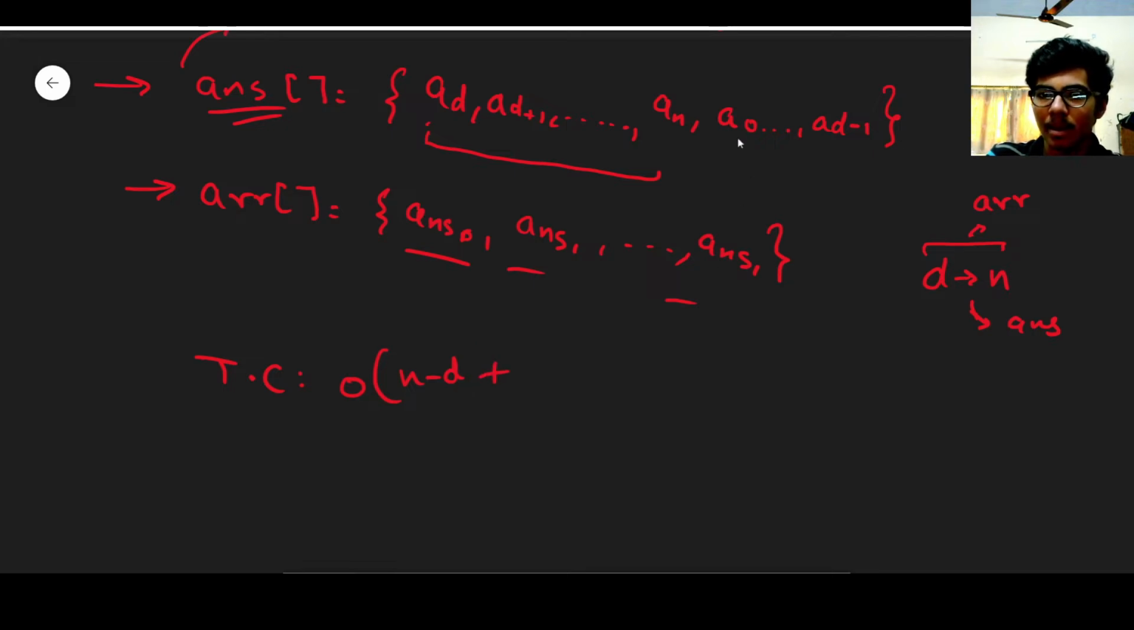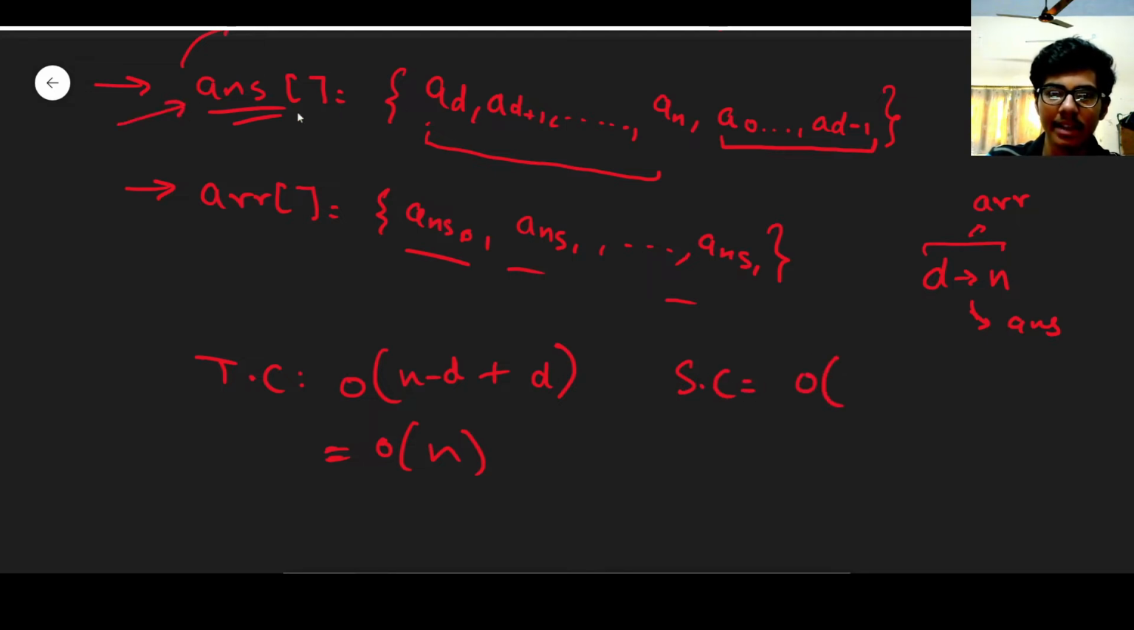Also for this part, a0 to ad minus 1, there is some time complexity, it should be d. So the final time complexity is coming out to be O(n). Also calculate the space complexity. So the space complexity should come out to be,